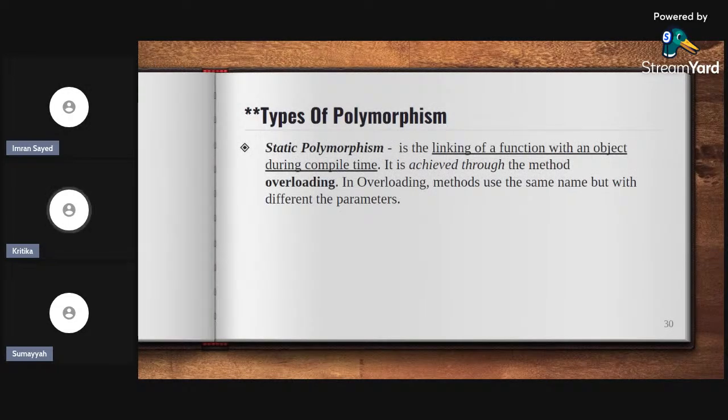Types of polymorphism. Static polymorphism is the linking of a function